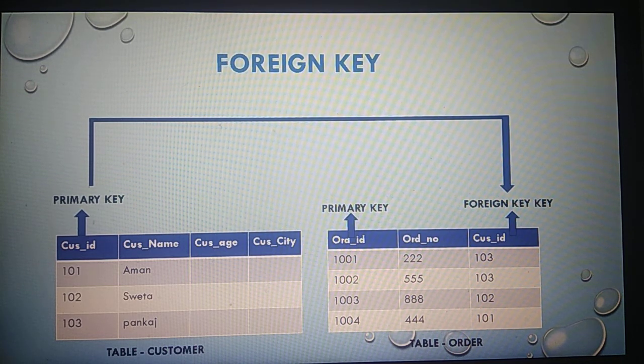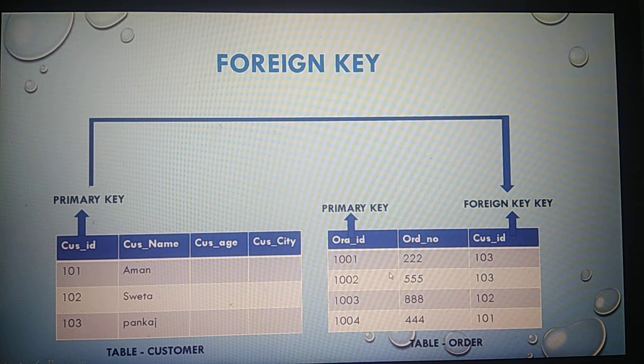In the customer table, we have four attributes: customer ID, customer name, customer age, and customer city. And in our customer table, we made customer ID the primary key. So in which attribute did we set the primary key? Customer ID. Is it clear?